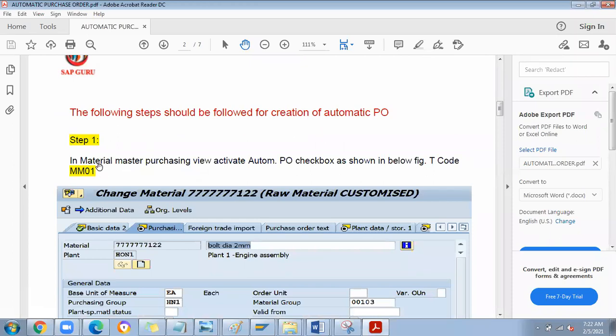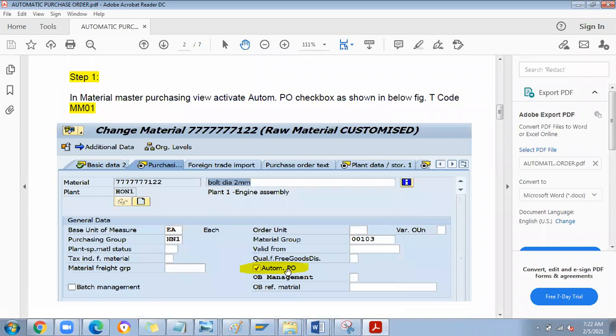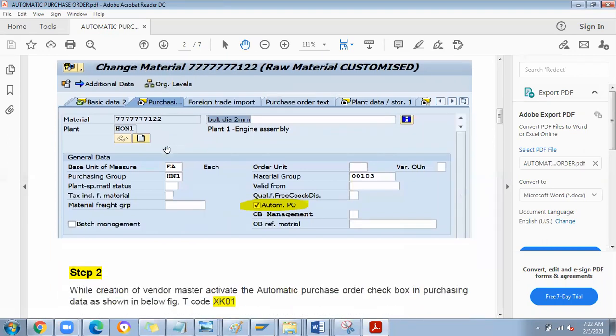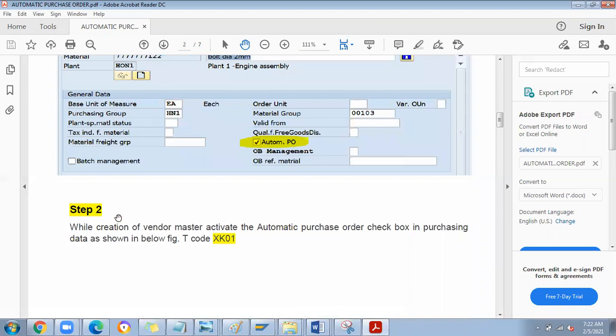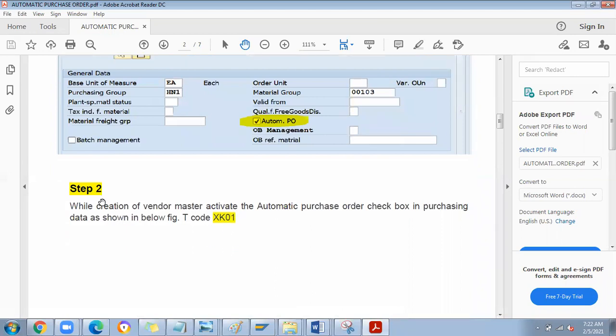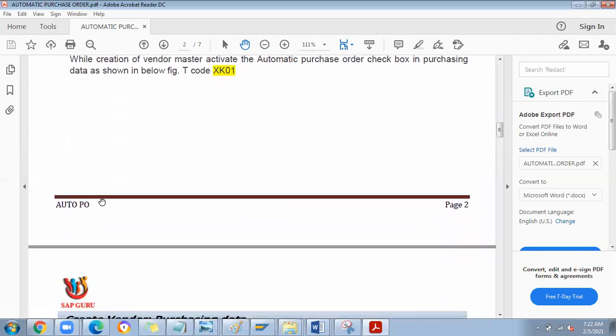During creation time also you can tick this auto PO, and this is done in the change option, MM01 or MM02. In the purchasing view you can see the automatic PO checkbox; it should be ticked. Then again here, XK01 or XK02, the transaction for the vendor master.